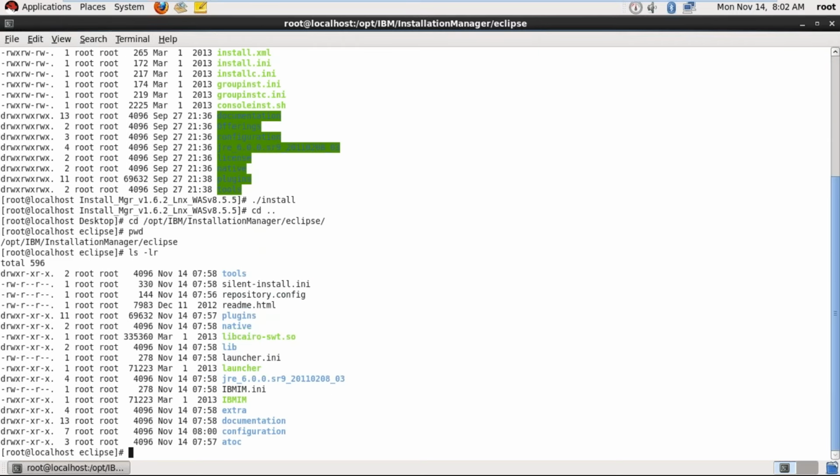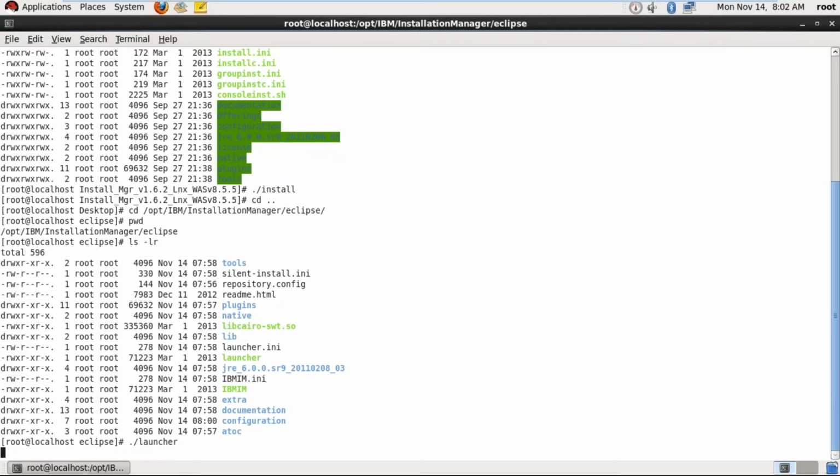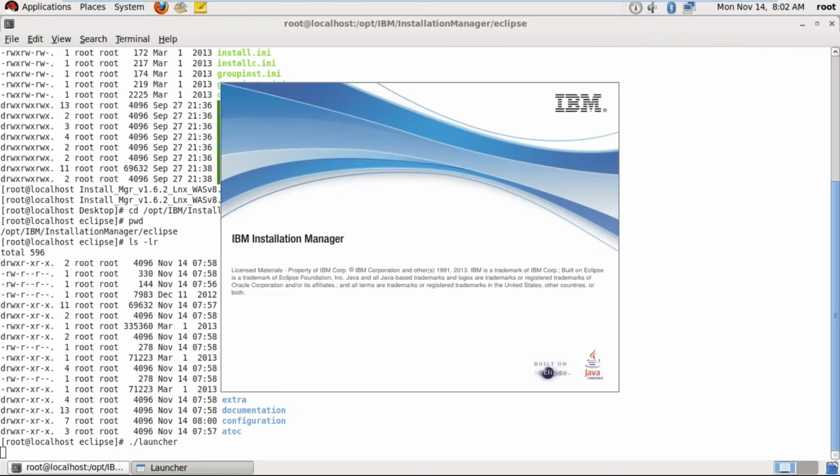And here, /launcher. If you click on this, it will open the same window. What I am saying is, if Installation Manager is already installed on our machine, open this window using the launcher command.